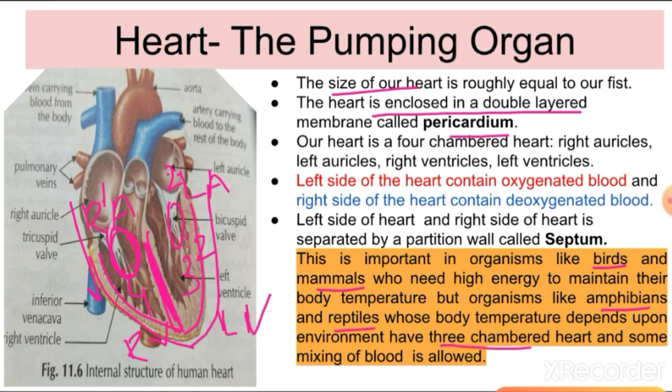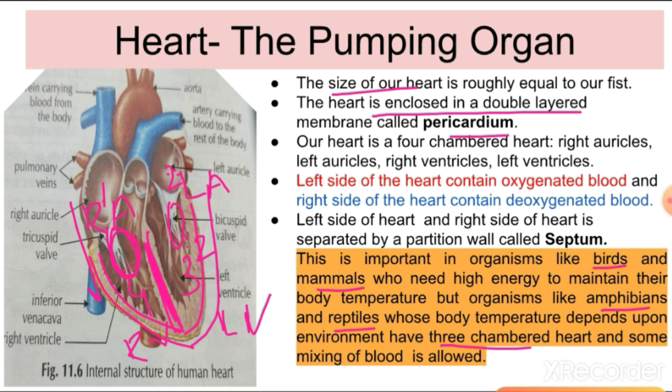Because of the three-chambered heart, with two auricles and one ventricle, the blood from the auricles gets into the ventricle, and in the ventricle the blood gets mixed. Because of this, these amphibians or reptiles are not able to get enough oxygen from the blood, and they do not get enough energy. Because of this, they are not able to maintain a body temperature.